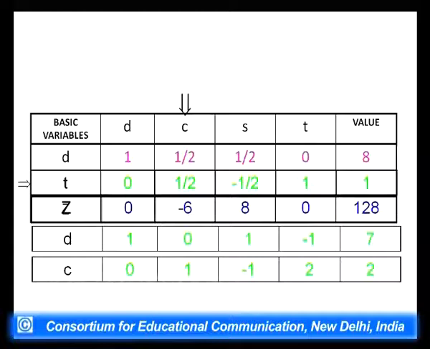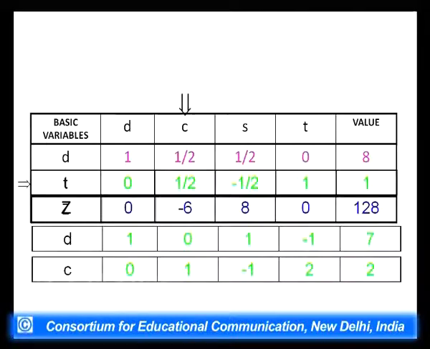It has been subtracted. Half minus half is 0, so this makes the cell 0. Half minus 1, again we get half minus half is 1. Of course, the second half is with the negative sign, and 0 minus 1 is -1, 8 minus 1 is 7. So this is the way we got the first row in the second table against D: 1, 0, 1, -1 and 7.